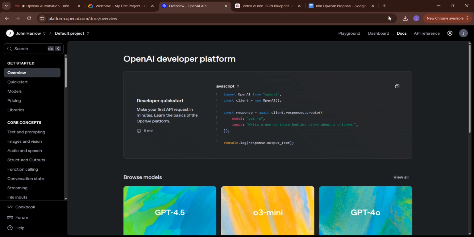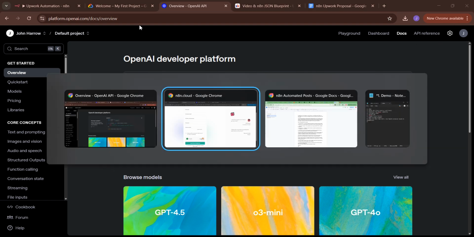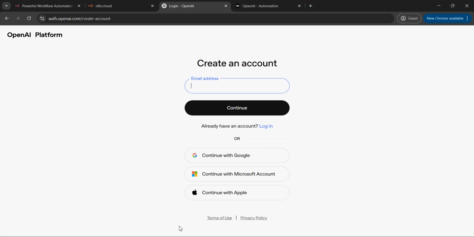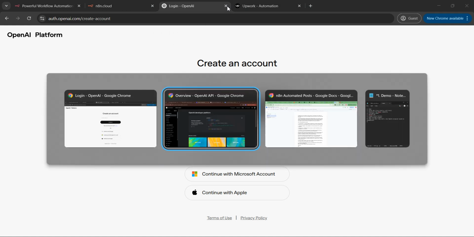platform.openai.com/docs/overview. You are going to need to create a new account. I suppose it's going to look something more like this. Like this, you're going to click sign up. You're going to click through these steps, sign up with Google, or you can sign up however you want. And then if it gives you the option to upload API credits, I can't remember, they're always changing it, whether you get free API credits or not. You can try to make a call without API credits. But otherwise, let's hop back over to